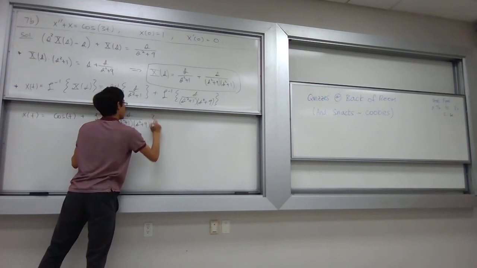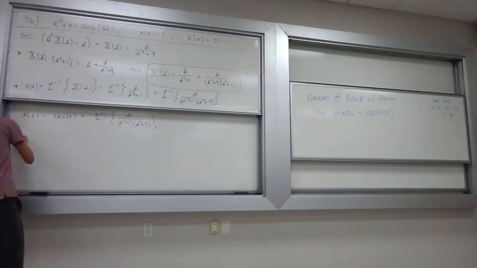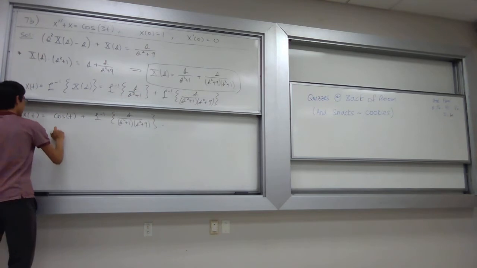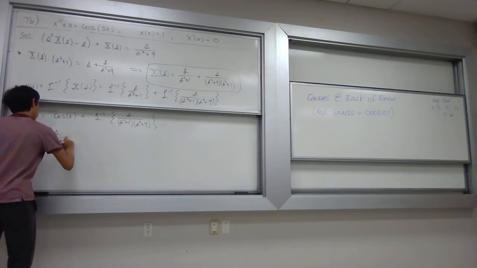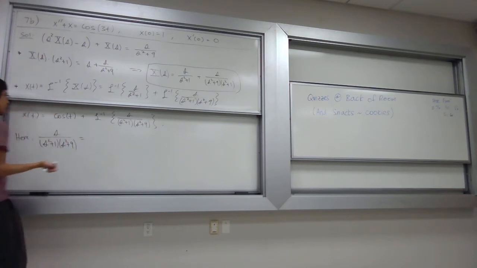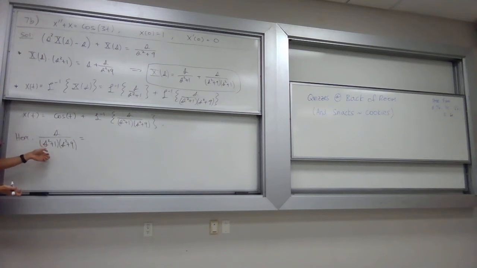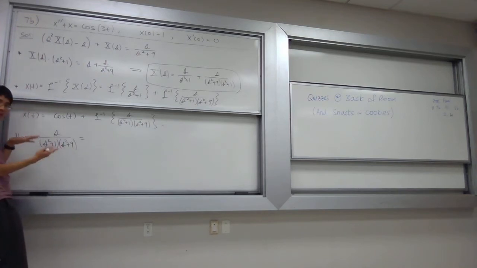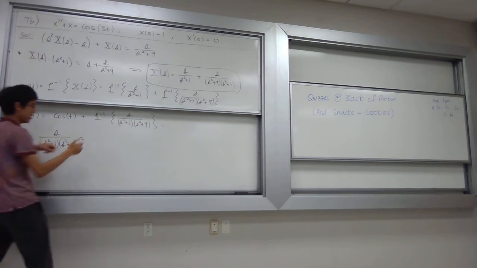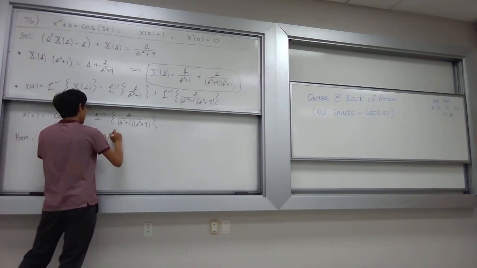So to do this one, we need to do partial fractions. Here, we're going to split up that term. What are our partial fraction pieces going to be? As plus b over s squared plus 1, plus cs plus d over s squared plus 9. Yeah, so our two factors are these irreducible quadratics. That's the main thing. When they're irreducible quadratics, we guess linears, such as as plus b over the